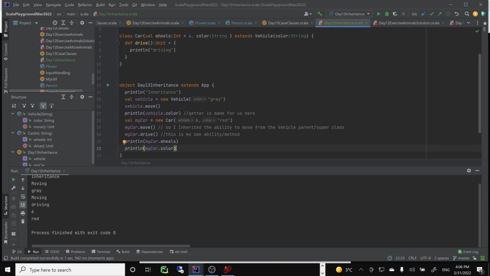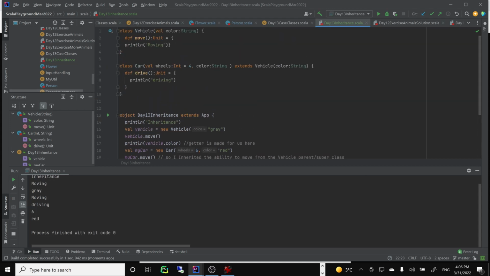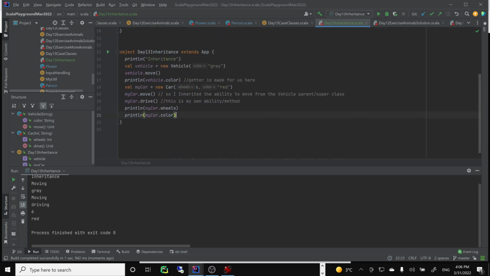So publicly, if I made this by default, if I had made this var, what would change? Let's say changeable color. Would anything break? No. So by definition should be my car. I should be able to change now, right? My car color is now yellow, right? It should be no more an error. And it is not an error. So of course I can print my line. My car color